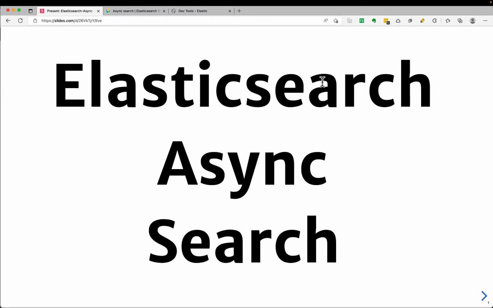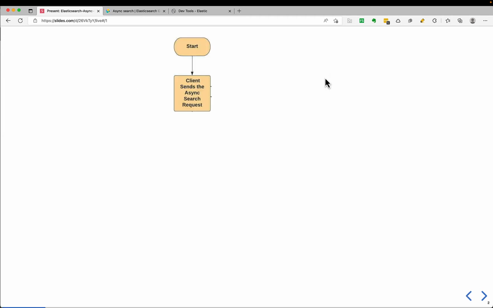Hi everyone. So this will be a quick tutorial on Elasticsearch asynchronous search. So let's get started. I will just quickly explain what asynchronous search is. Usually, a client, like a website, integration client or a command line client,